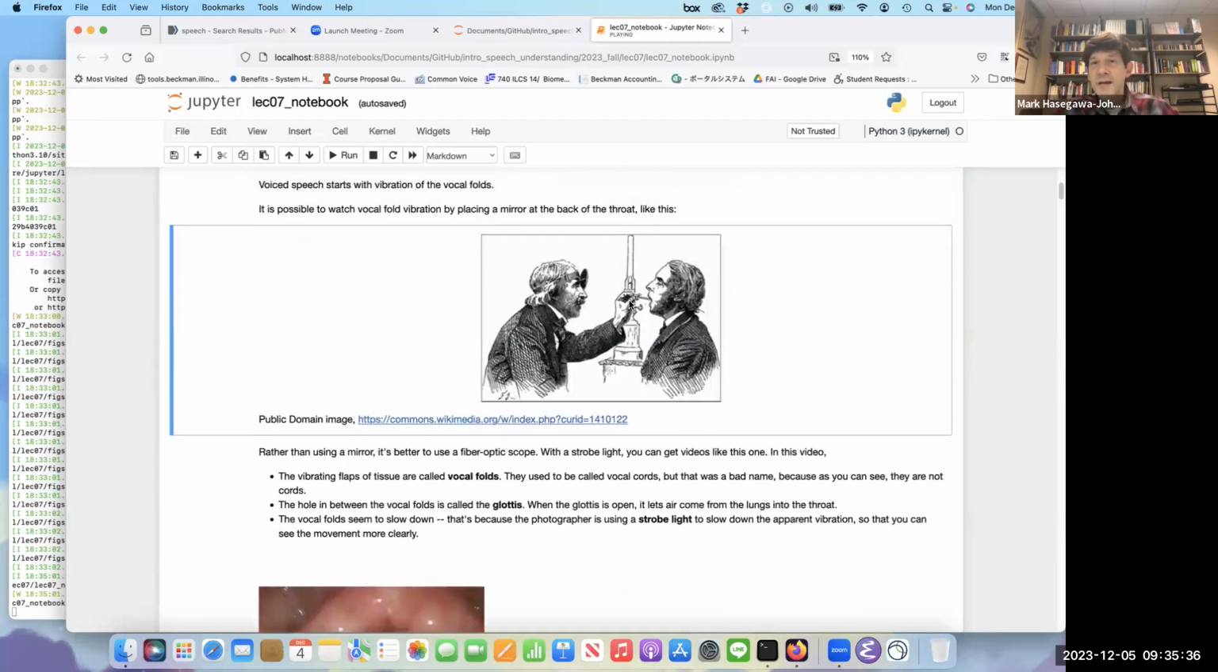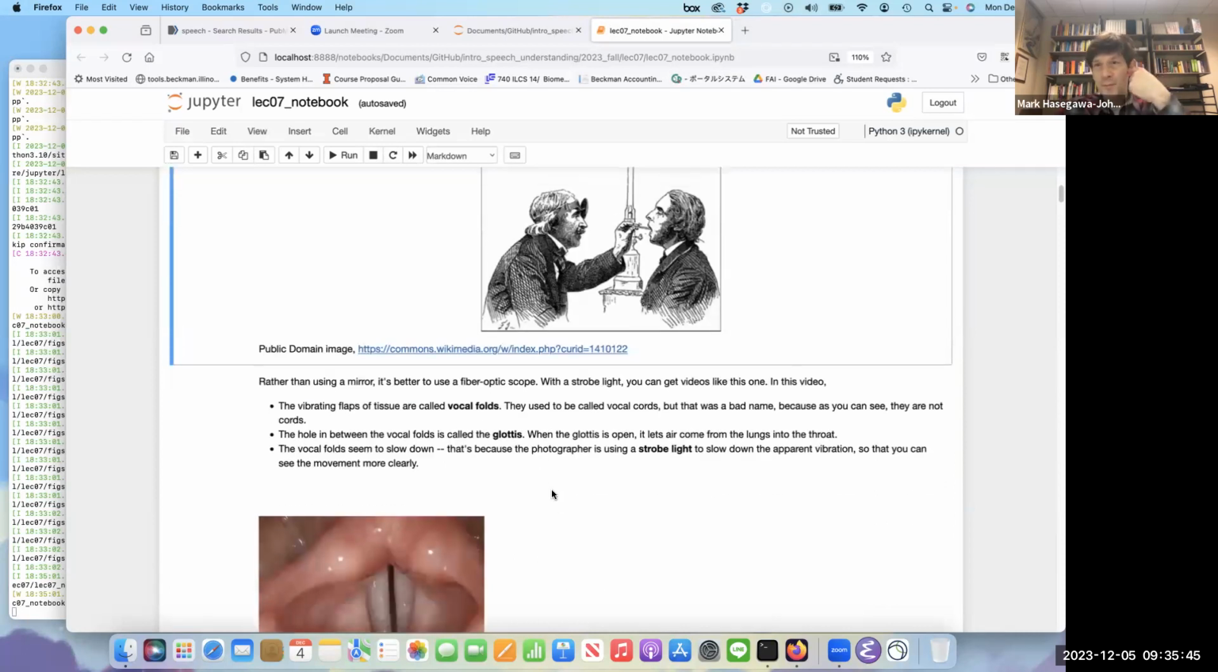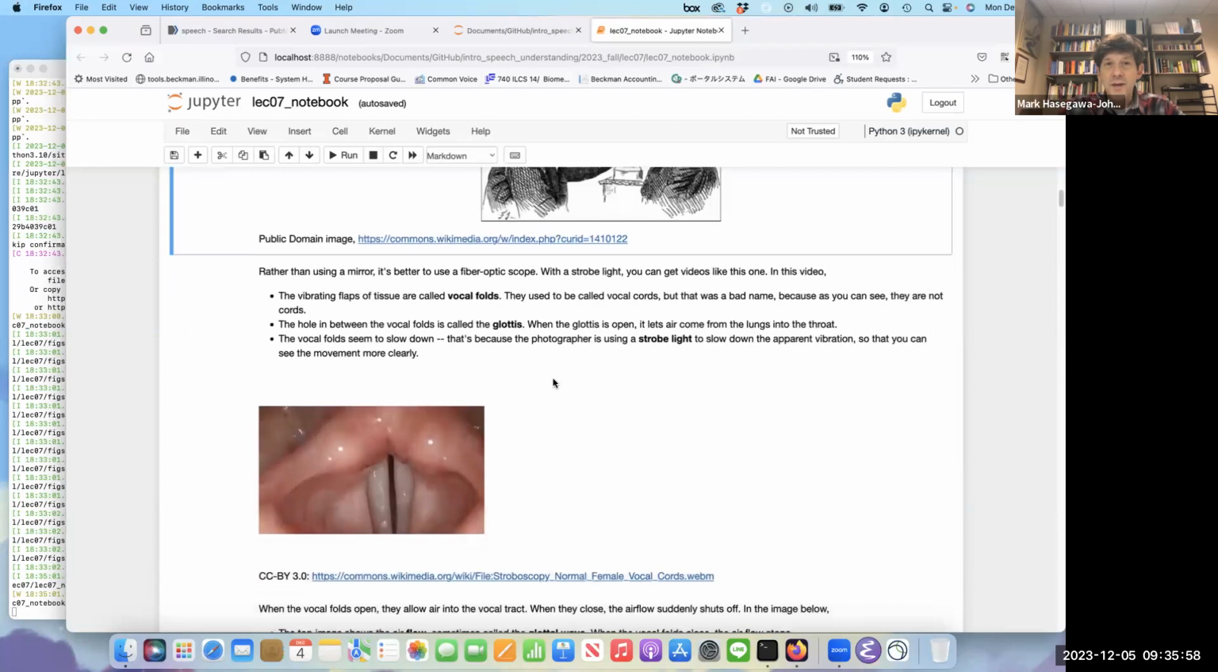So you can see that what's happening here is we have a mirror, and the mirror is put down the back of the throat. So we put a mirror at the back of the throat, and then we take a camera, and the camera films what you see in the mirror, and the mirror looks down into the throat so that we can see the vocal folds vibrating. We can use a strobe light in order to slow down the image so that we only get one frame